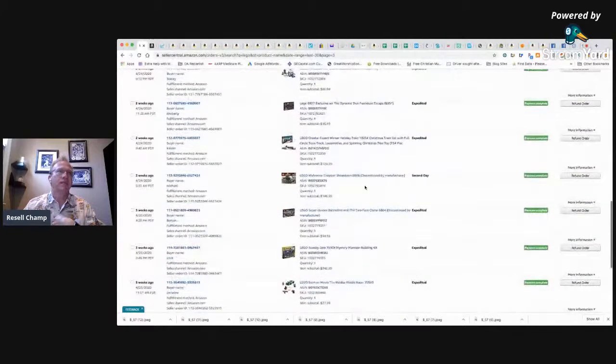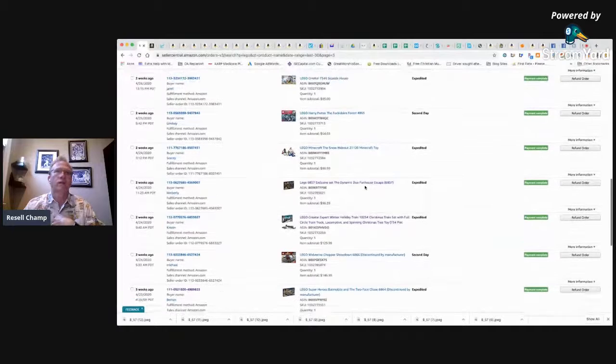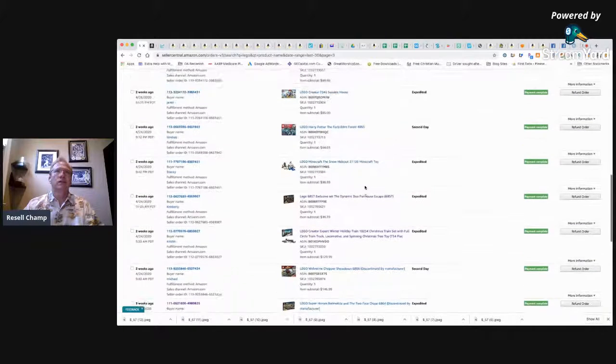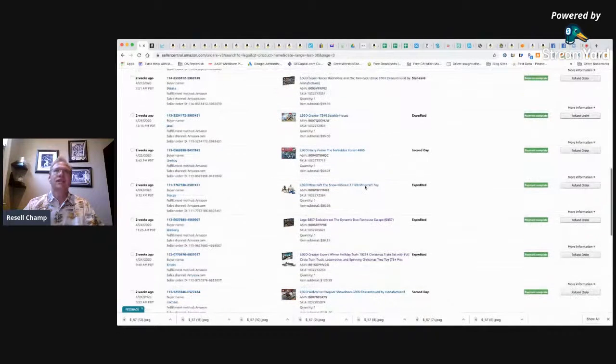So what I want to do is pick up from the Seaside House and kind of go through what else it sold. I'm going to do this as quick as I can, and then I'm going to try to total these up because I have not totaled them up. So I do not know what my total is. So let's go through. After the Seaside House, we have the Batmobile Two-Face Chase, sold for